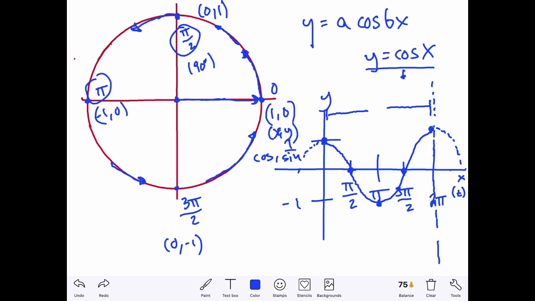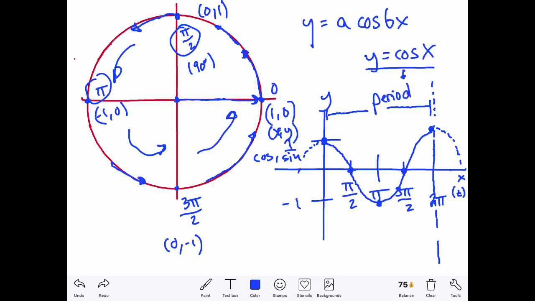So we went around the circle and we came back to where we started there. We did one revolution. And so that one revolution, if we graphed it here in this xy plane with this x being time and y a function of time, then this cosine graph would look like this. Okay, and this is again my period,